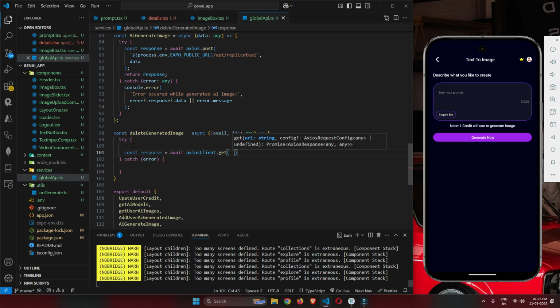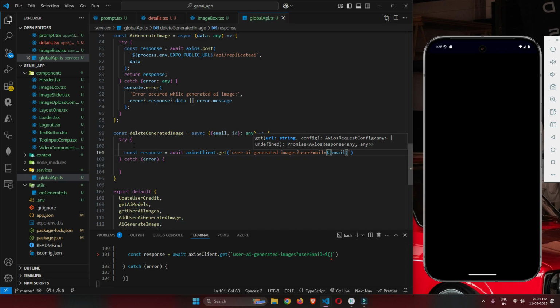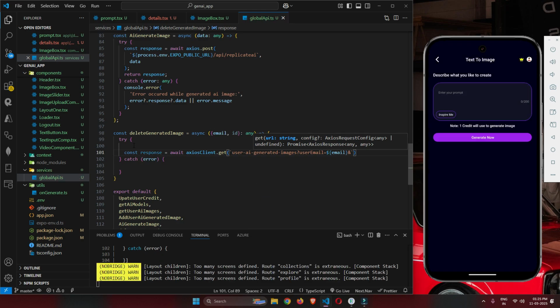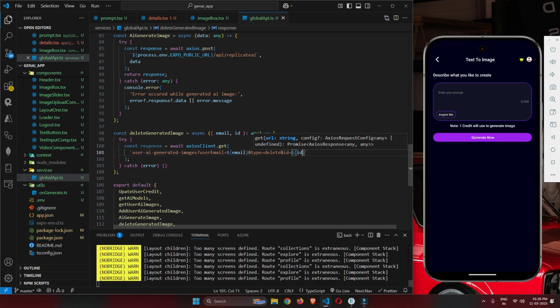So I will take a template string and say user AI generated images question mark user email is equal to email, and another parameter we are passing is a type. The type will be delete, and another we are passing is id, and that id will be id. Okay,